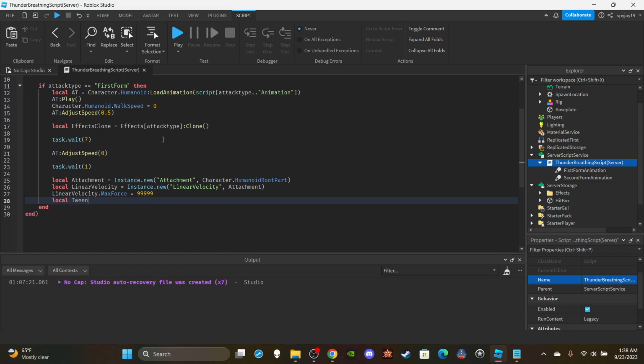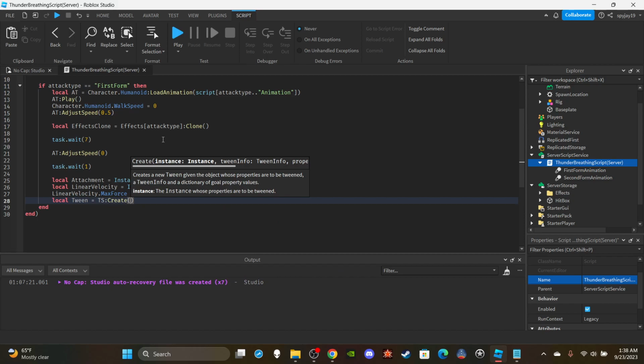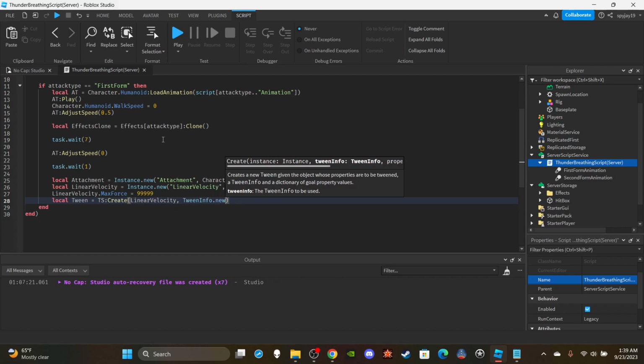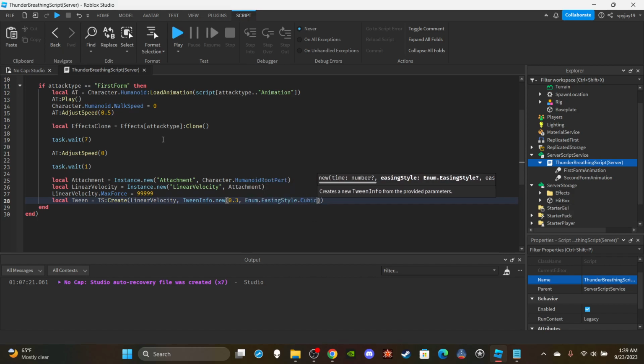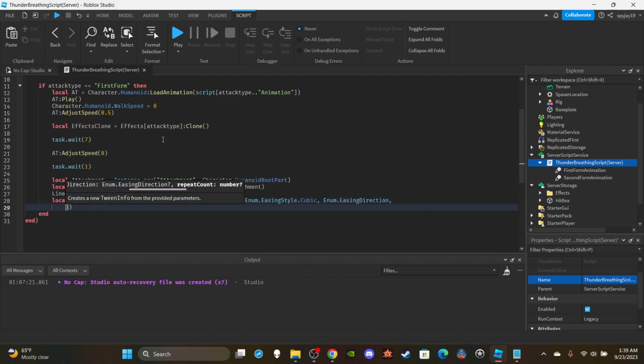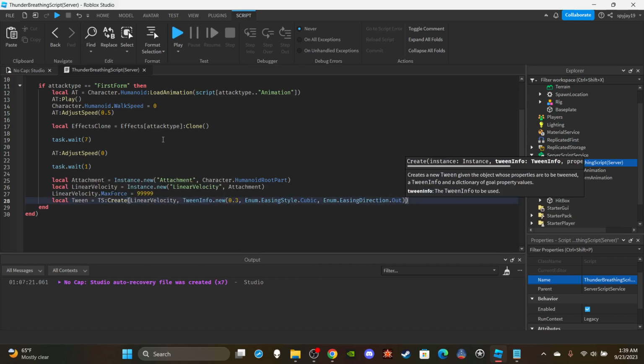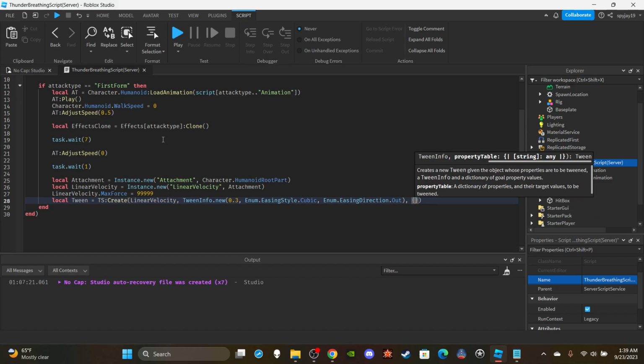I'm going to say local tween is equal to TweenService:Create. As for the instance, I'm going to tween the linear velocity. Then I'm going to say TweenInfo.new. I didn't even know you could tween velocity until I started working on this. So TweenInfo.new, for the time I'm going to say 0.3 seconds. It's going to be real quick. Then Enum.EasingStyle.Cubic, comma, Enum.EasingDirection.Out. Then a comma on the outside, and then for the property table, I'm going to say